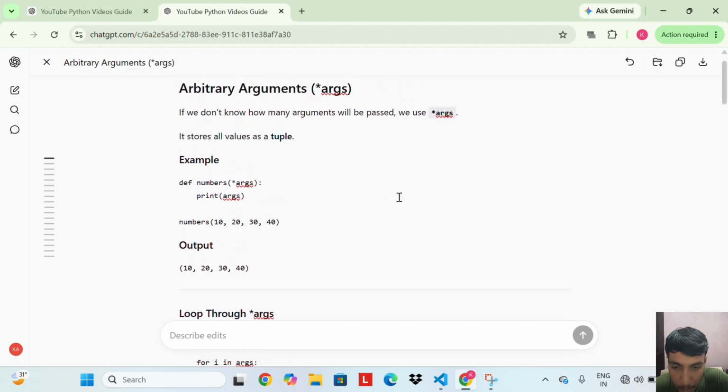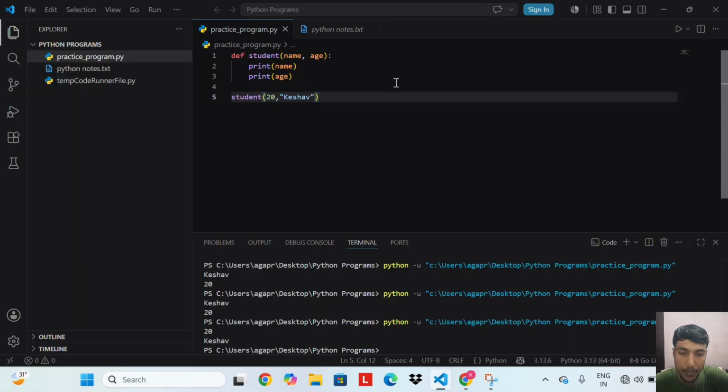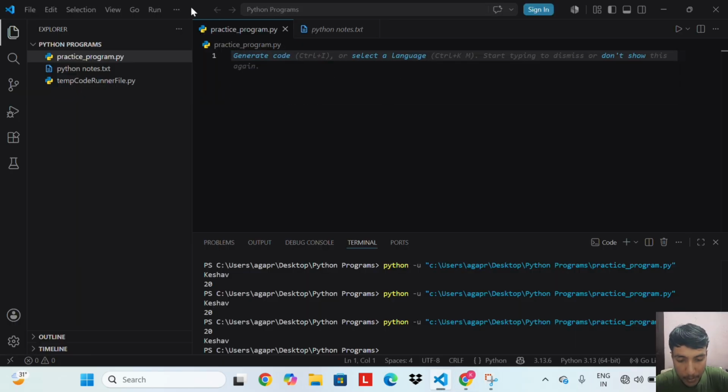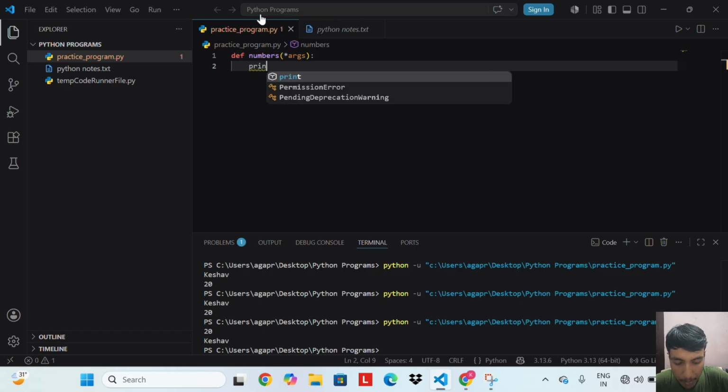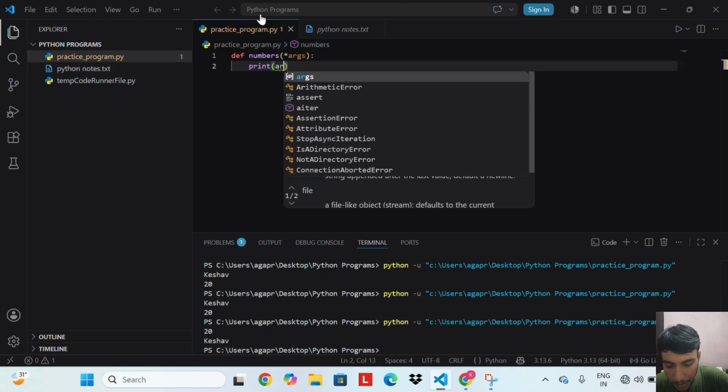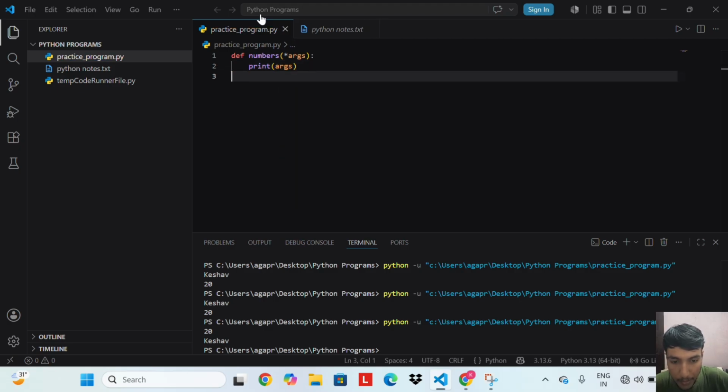So let's do an example of arbitrary arguments. def numbers(*args): print(args). numbers(10, 20, 30, 40).